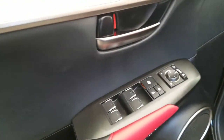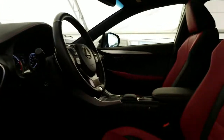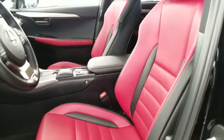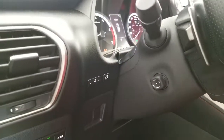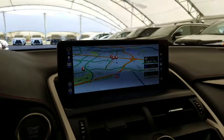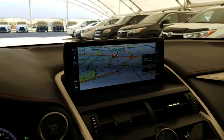center locking differential, power folding side mirrors, power windows and locks, driver seat memory seating, power adjustable front seating, power tilt and telescopic steering wheel, hands-free controls, lane keeping assist with steering assist, dynamic radar cruise control with the pre-collision, a 10.3-inch multimedia display with navigation and the integrated backup camera with the bird's eye view,